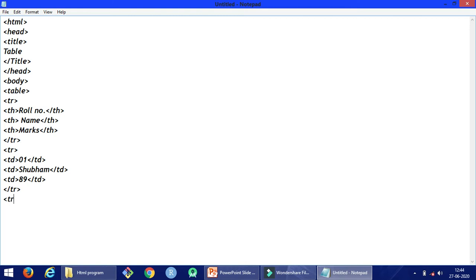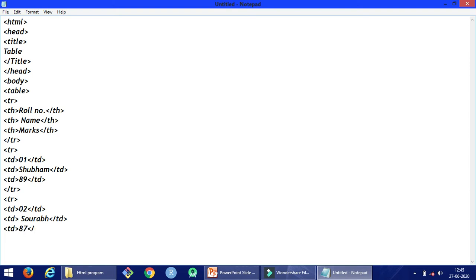Now for the third row, write tr tag, write td for data, roll number 2, close td tag, open td tag and write name Saurav. Now close td tag, open td tag and write here marks 87.